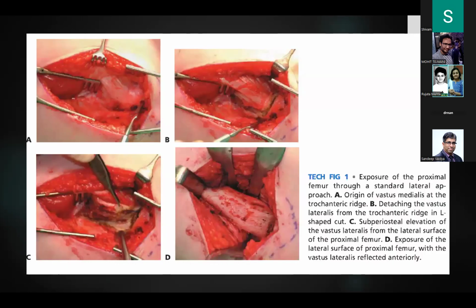So a standard lateral exposure is done to the proximal femur. Here, after cutting through the skin and subcutis, the TFL is identified and incised. After the TFL is incised, we basically need to identify the bare area, which is usually located just above the gluteal sling. So deepening through the bare area, we can create periosteal flaps to expose the proximal femur laterally,